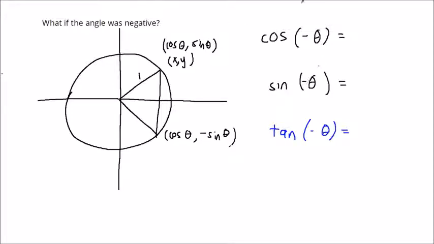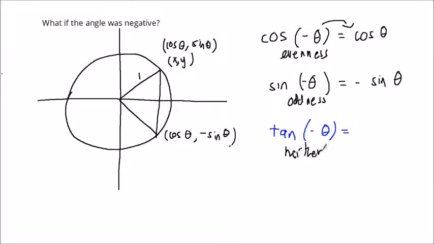So we can actually conclude right now that cosine of negative theta is just cosine theta, and the sine of negative theta is negative sine of theta. And if you recall these function rules, this is evenness and this is oddness. So this function is even and this function is odd. Since tan is sine over cosine, odd over even, it's neither even nor odd, right? But tan has something that is